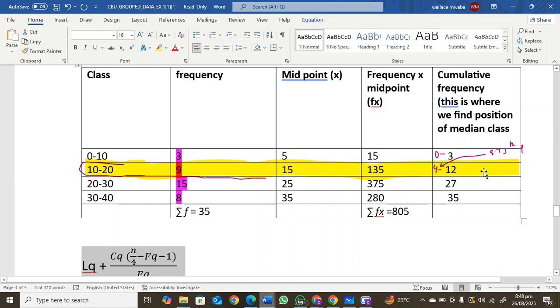No, it's the same as the median one. Remember, with the median you also come to the cumulative frequency. This is where you determine where the class is from. Yes. So here,